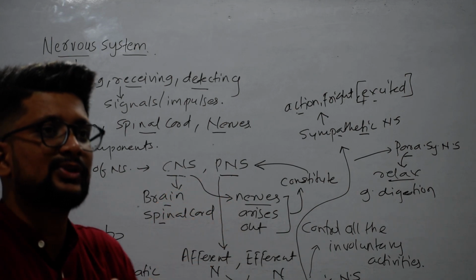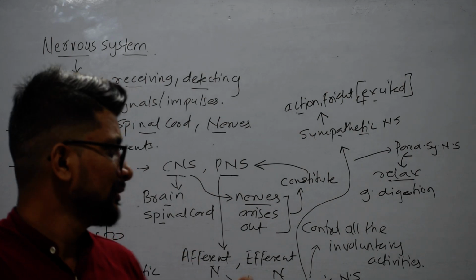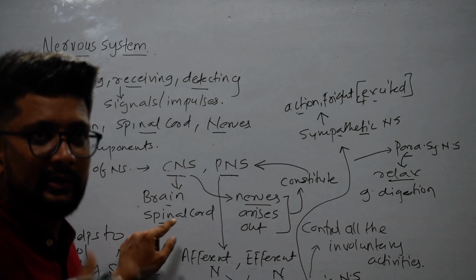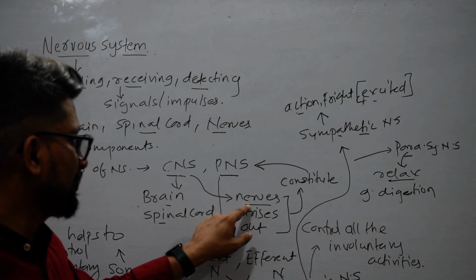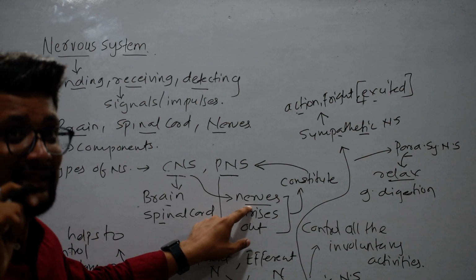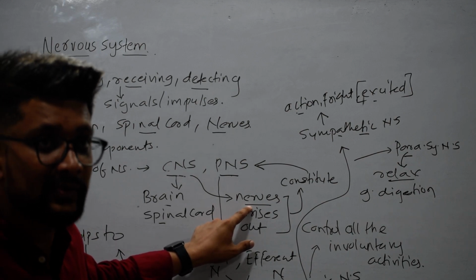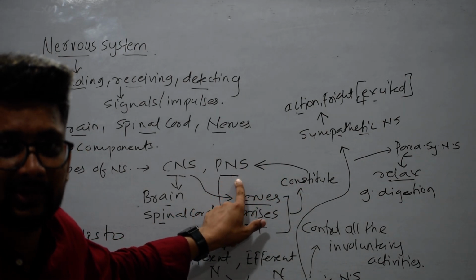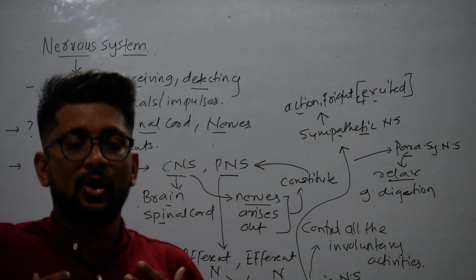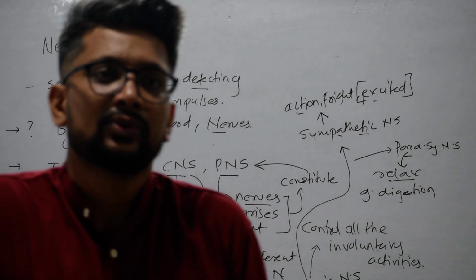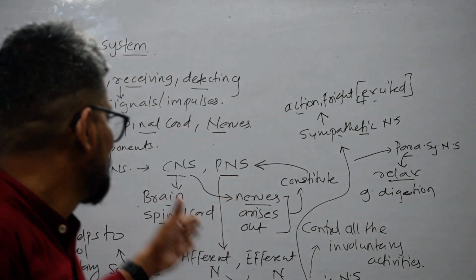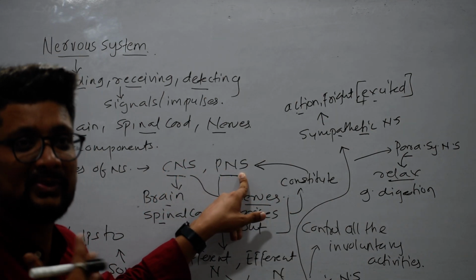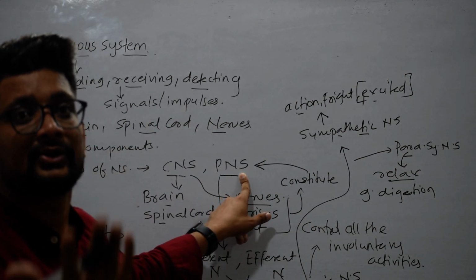All the nerves which come out of the central nervous system, it means from the brain, cranial nerves come out, from the spinal cord, spinal nerves come out. So the nerves which we are talking about over here are known as cranial nerves and spinal nerves. Now both these types of nerves constitute the peripheral nervous system. In all, if I sum up, all the nerves or the neurons which come out from the central nervous system make the peripheral nervous system, which helps in attachment to the other systems or other parts of the body.